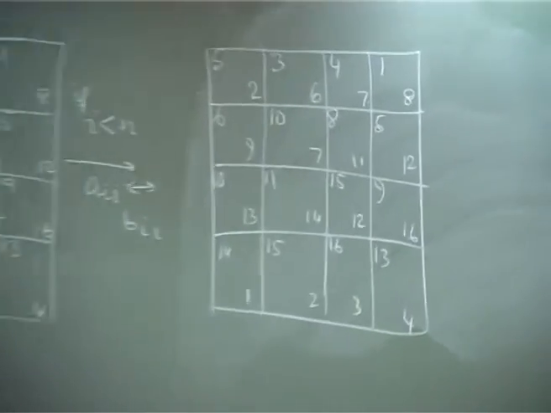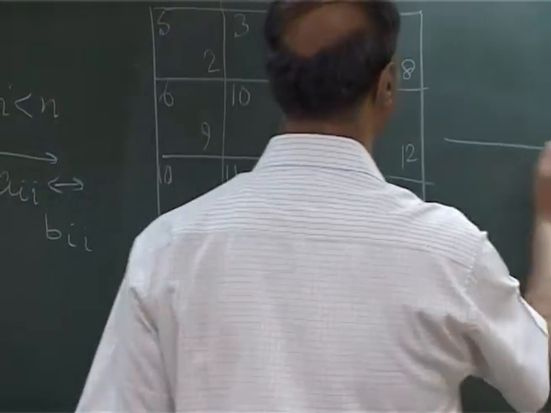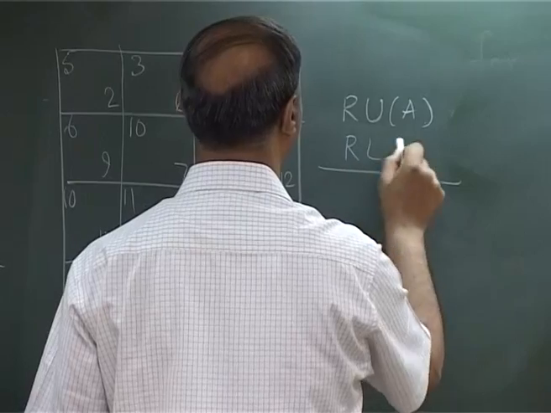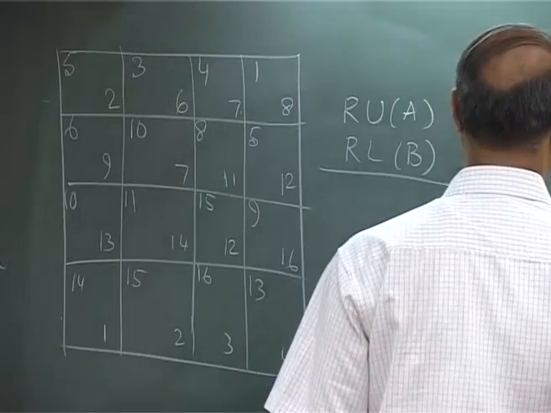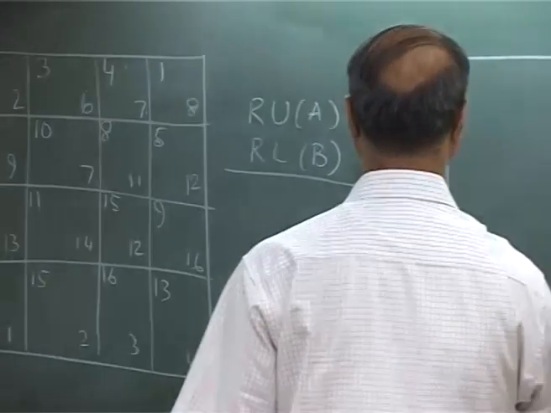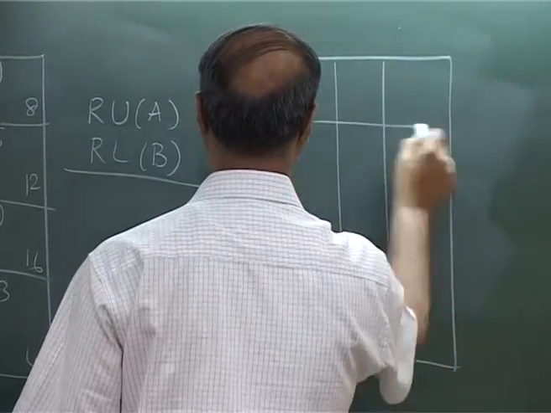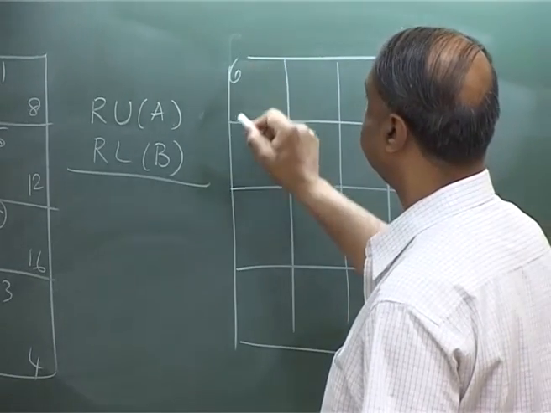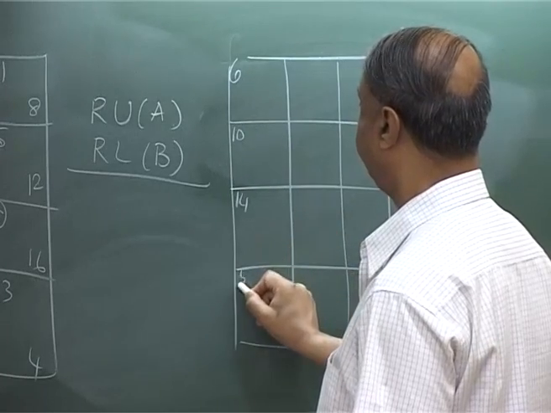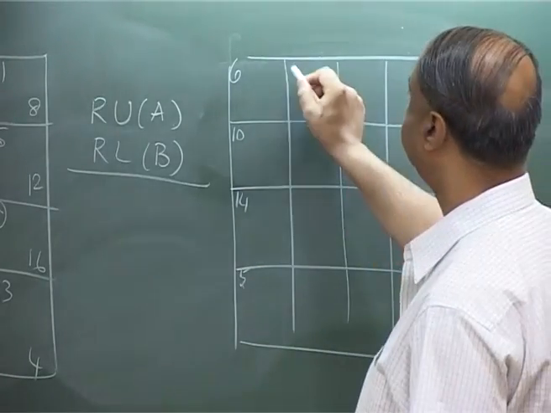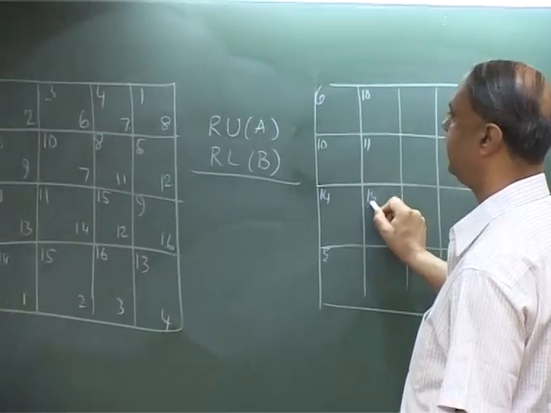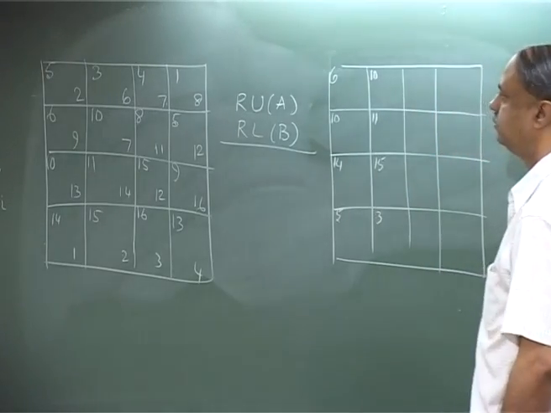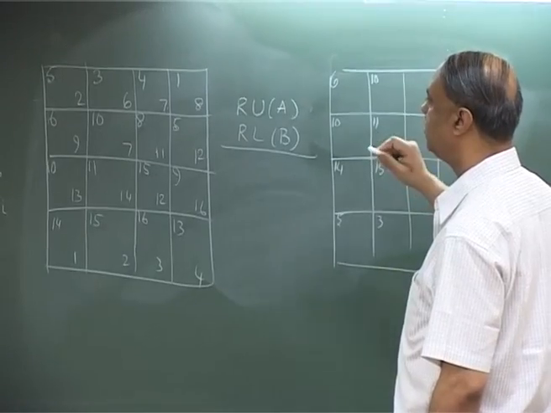Agree? Now you perform again rotate up A, rotate left B, what do you get? Six, 10, 14, 6, 10, 14, 5, 10, 11, 15, 3, 8, 15,